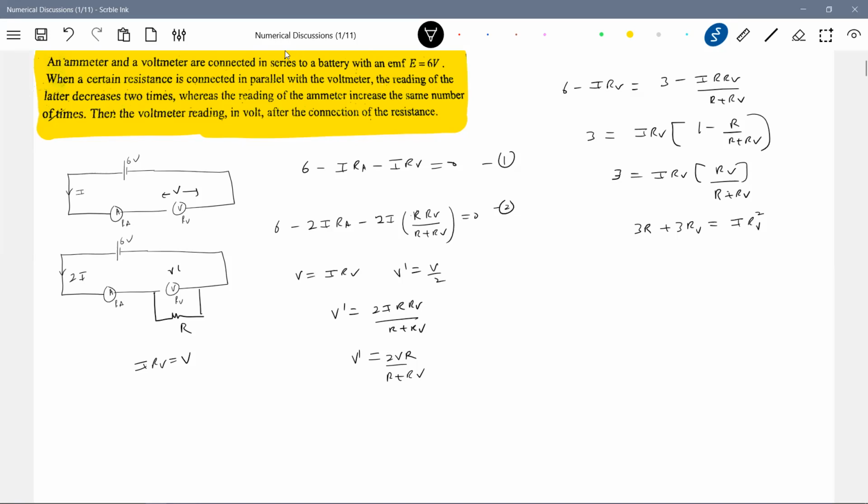So many things are there, no? We have to do some calculation. Resistance of ammeter is needed. Without that resistance of ammeter, we can't manage. If resistance of ammeter is negligible, then okay. But we can't take it as negligible. No, he has not said anything about resistance of ammeter.